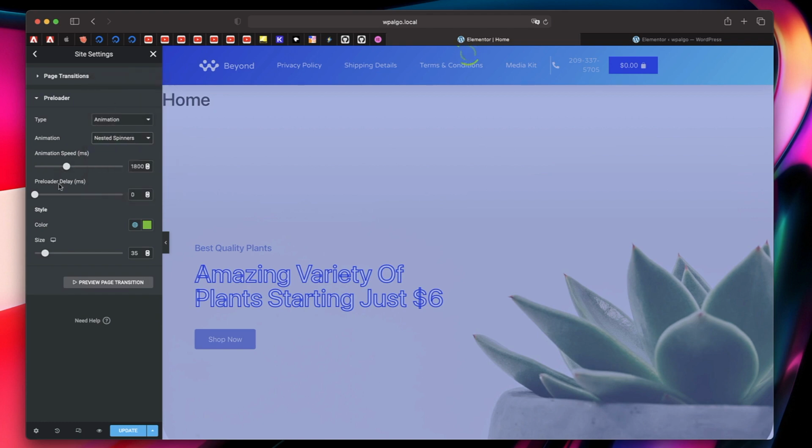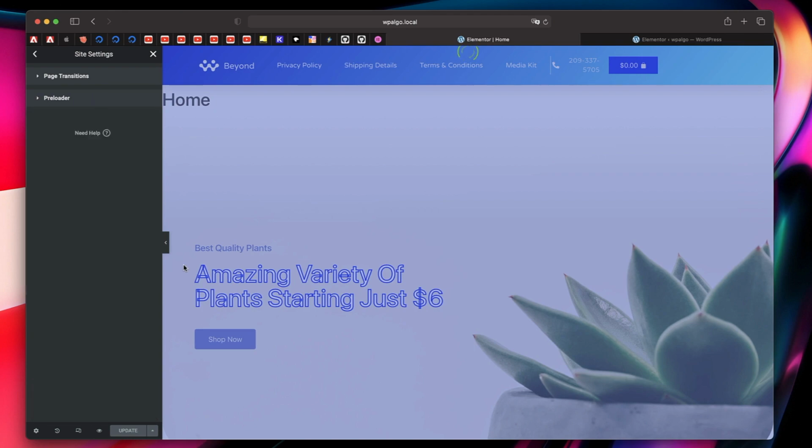Again, you can choose preloader delay and animation speed. It's not a good idea to have any delay because this happens only while your page actually loads. You can change the style, the color and the size as well. You can play with the size and just click on update, and once you do that, your animation is live.